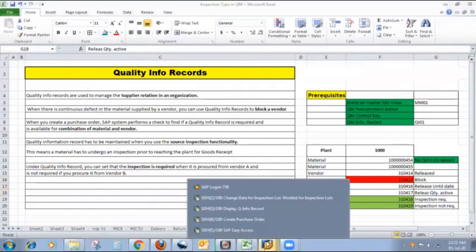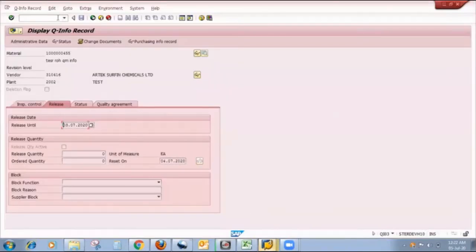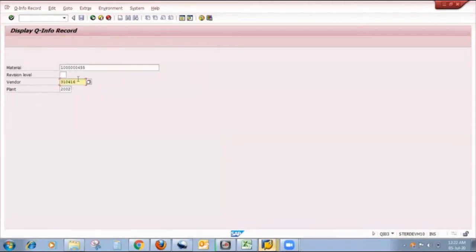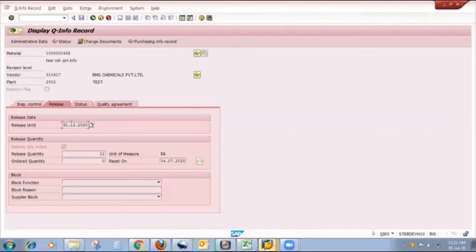What is meant by release quantity active? Again I will show you with the quality info record. This is my material, this is my vendor, and this is my plant, so the material, vendor, plant combination. My release date is now 31/12/2020, but my release quantity is 11.